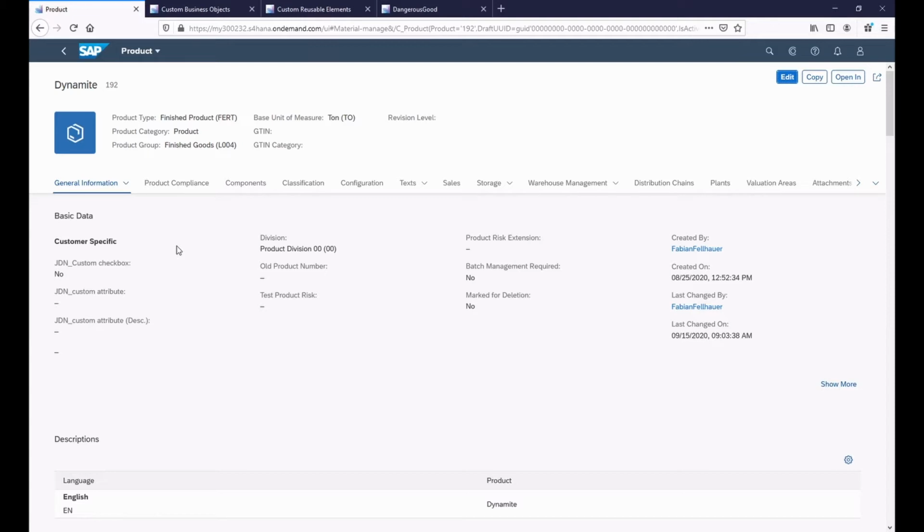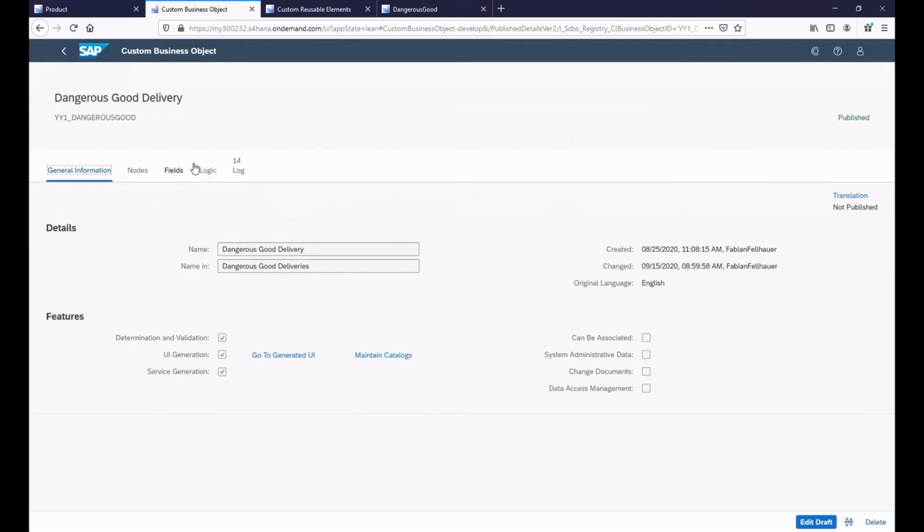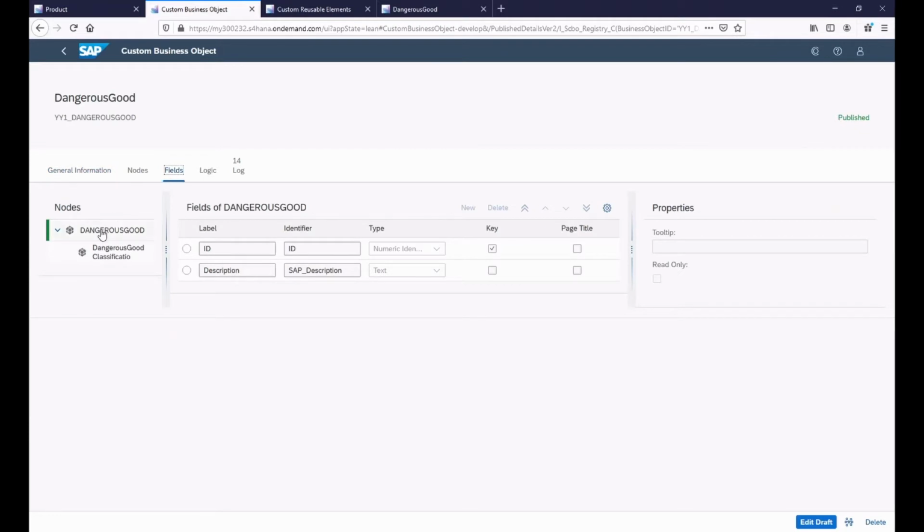So at the end, we want to introduce another business process, but for now, we just want to introduce a classification for this product. So let's switch to the in-app extensibility app Custom Business Objects. So now we are doing extensibility inside our S/4HANA system, and I've already prepared a business object called dangerous good. And this dangerous good business object has different fields. So we see, okay, there is a description for this dangerous good, and also there is a dangerous good classification,